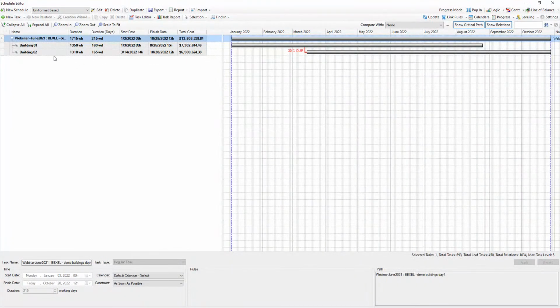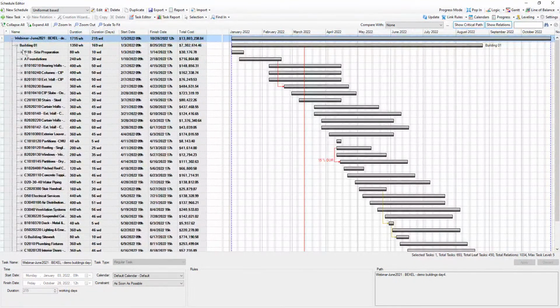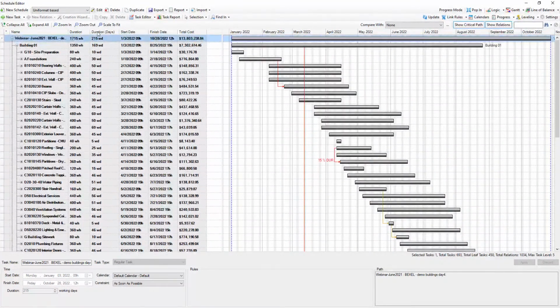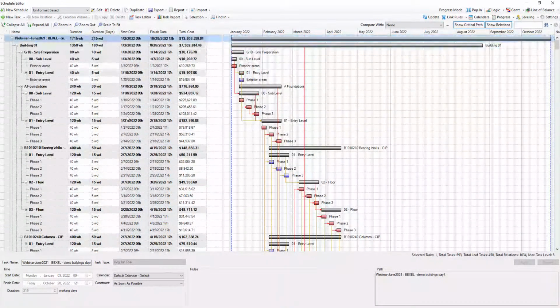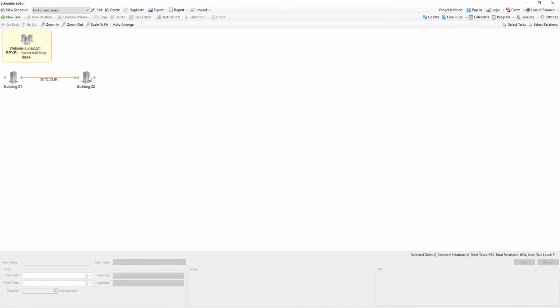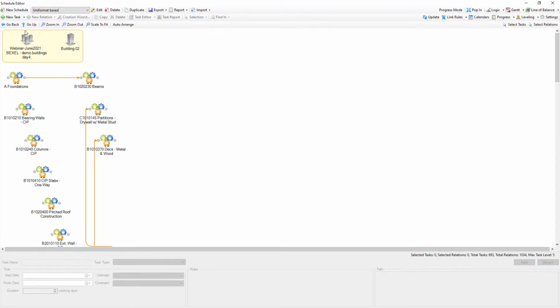All tasks for both buildings are created according to Uniformat structure. We also see entire cost here, total cost. But Gantt chart is just one way to preview your schedule. We could go to logic view, which is very similar to view in methodology editor, where you can see relations